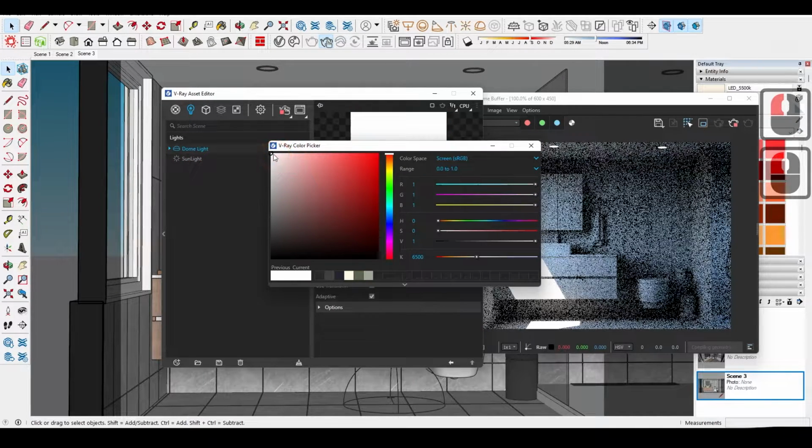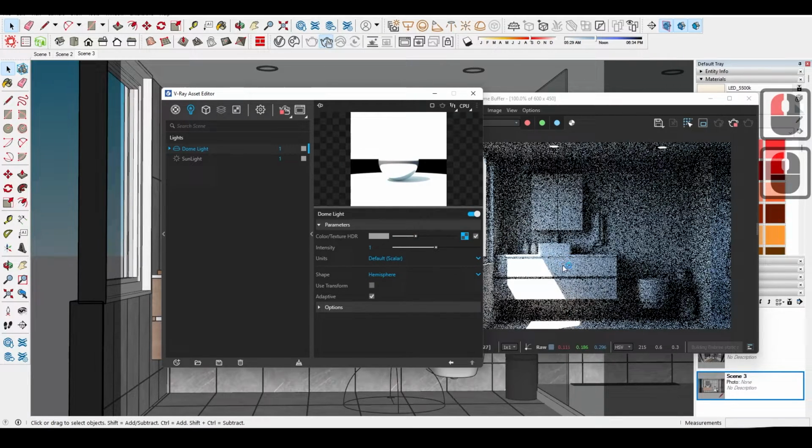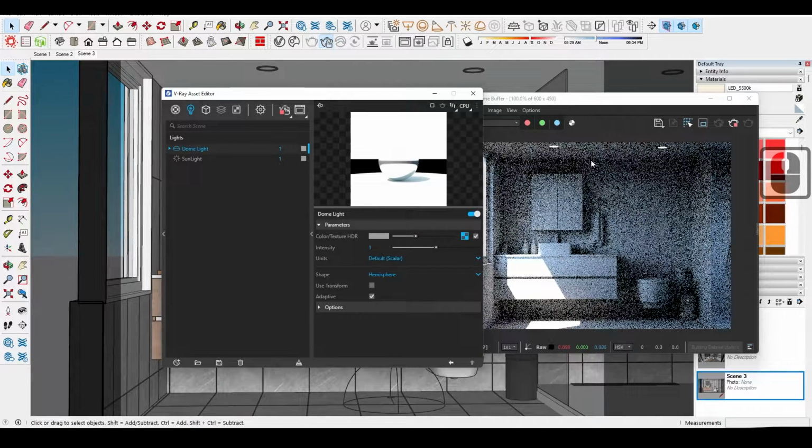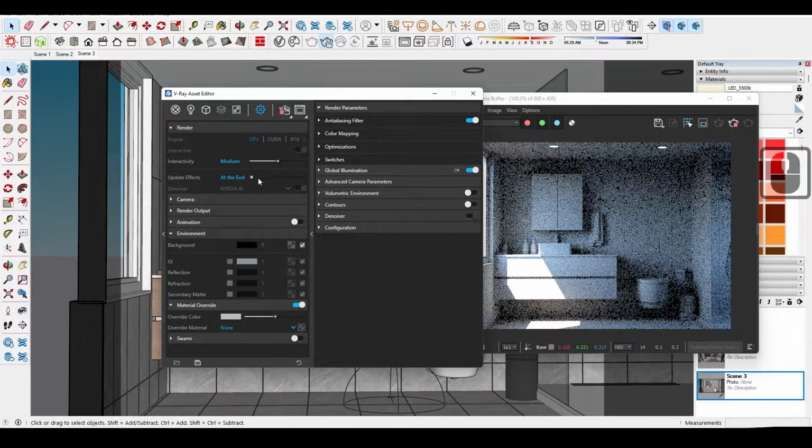And also I'll move this to a bit gray. Alright, I know it's not that visible what's happening, but trust me. Okay, so